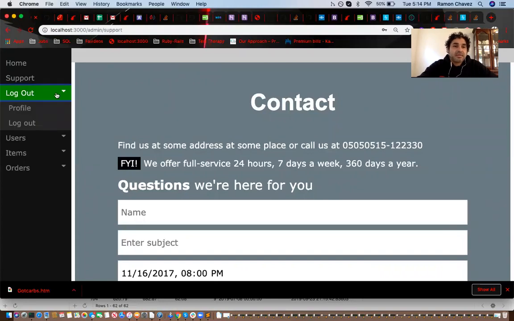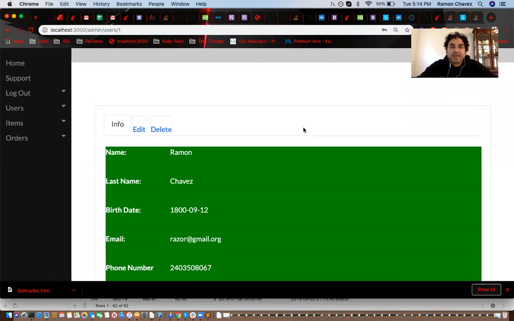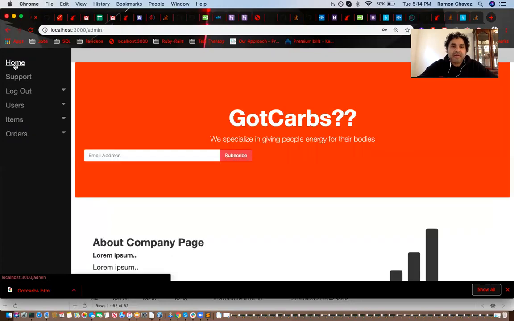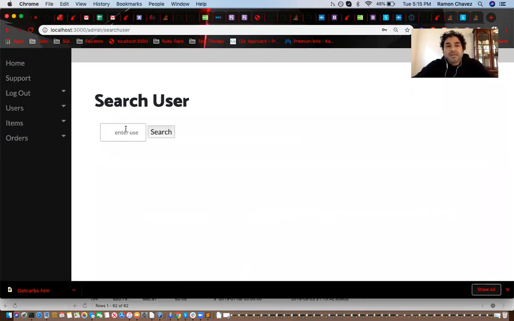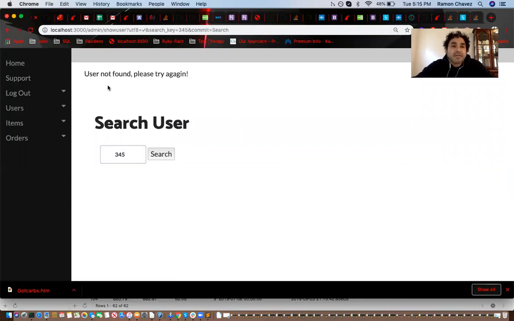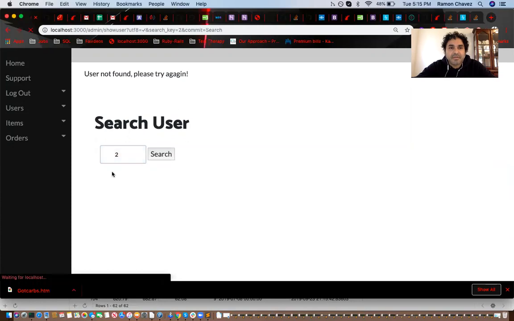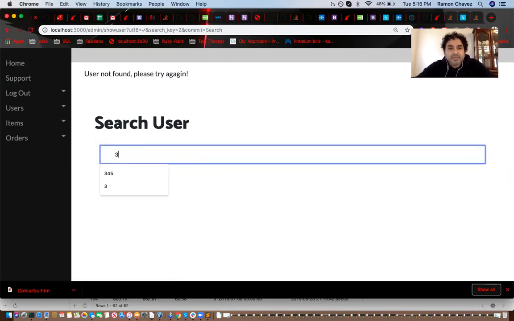Also, as you can see, you have this where you can look at your profile, and there's a different layout, by the way, guys. You can go back home, and then here are the different CRUD operations that the admin can do. An admin can search for a user. So let's say we're looking for user 345, it'll tell you user not found, please try again, which is right, I don't have a user in the database with that. I'm gonna try 2. I don't think I even have 2. Same thing. So I'll do 3,